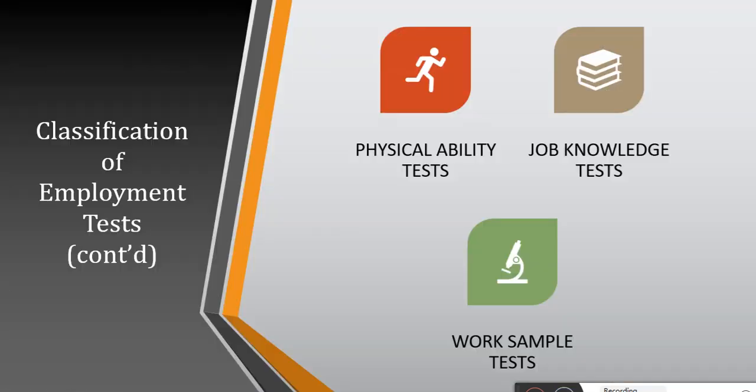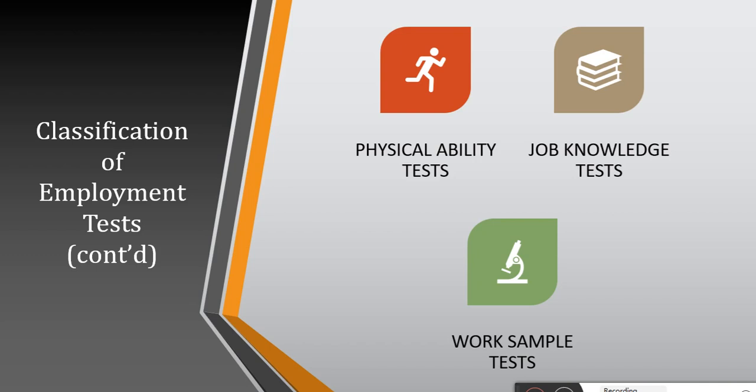you can see here the classification of employment tests like physical ability tests, job knowledge tests, and work sample tests. So in work sample tests, one attempts to simulate the job in a peripheral context to observe how the applicant performs in the simulated job. So employers